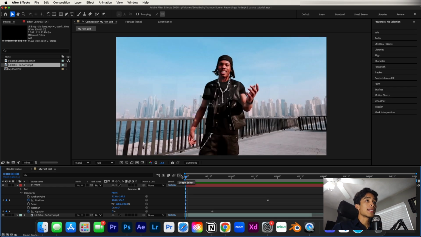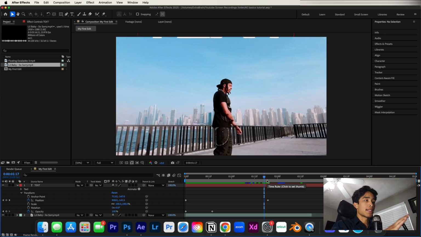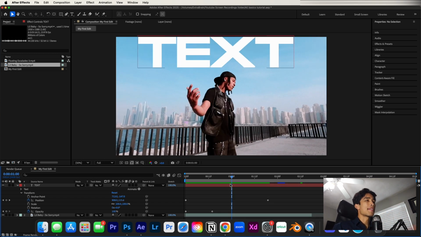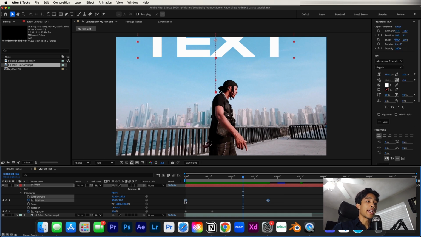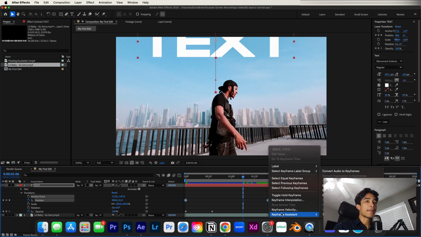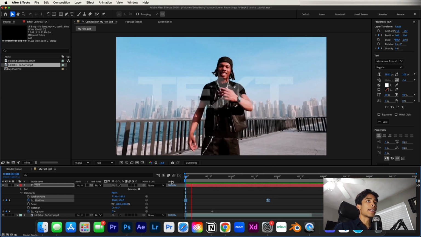Now, one thing you might notice is that the animation of this text is very linear. It looks very robotic and it stops and moves and then it goes, and it's just not very natural. In real life, there's like velocity, objects speed up and then they slow down gradually. And After Effects actually lets you do that. So what you have to do is basically select those keyframes that you animated, you right click it, you go to keyframe assistant and you click easy ease. And basically what this allows you to do is create a very nice